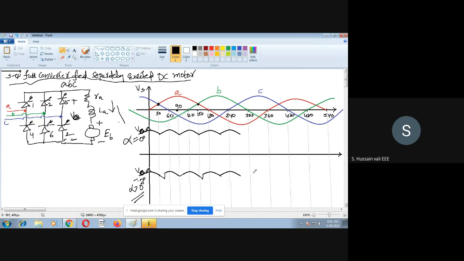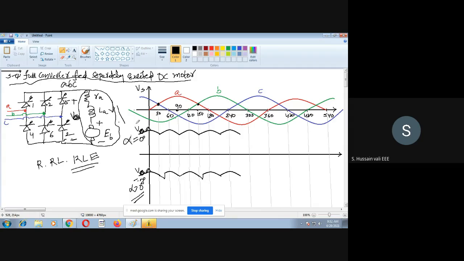Just like how I did in the case of the three-phase semi-converter. Otherwise, you can recall your power electronics three-phase full converter. I hope you remember that when you went through the three-phase full converter, there were different loads: R load, RL load, RLE load. Please recall that. What is this RLE load? This is the RLE load, nothing else. So the waveforms you got in those cases, you will get the same waveforms here also. There is no other difference you will find.